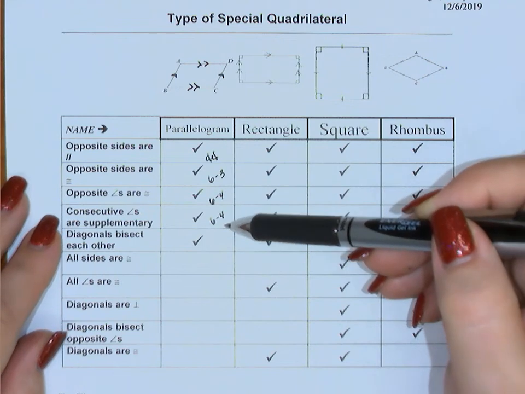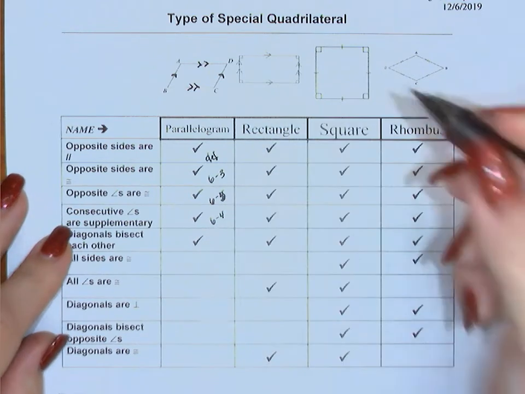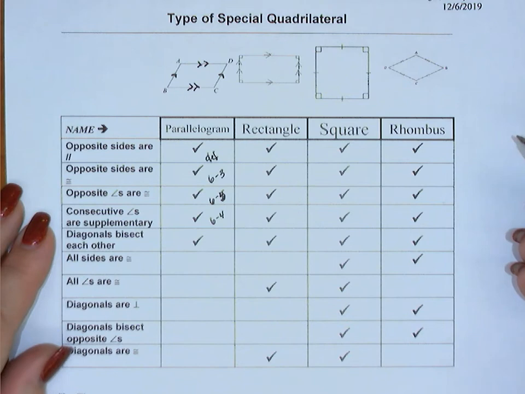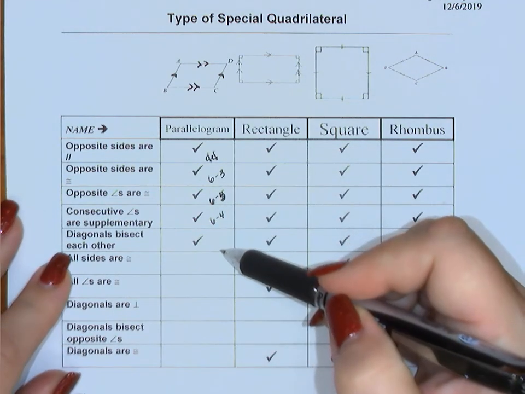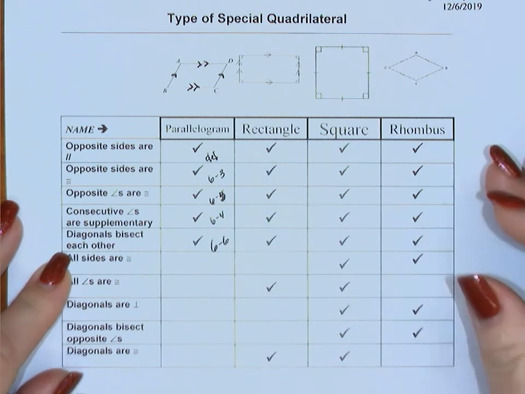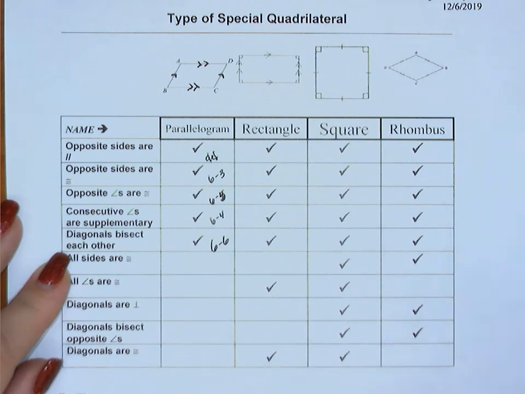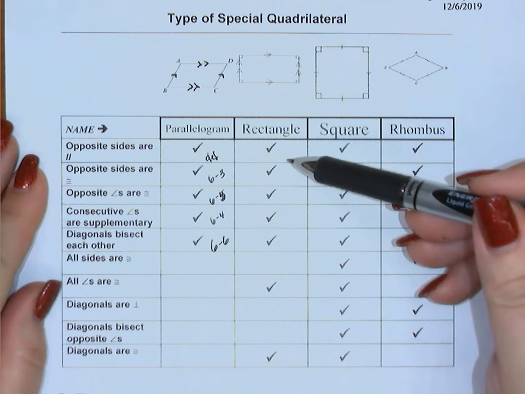angles are congruent. This is 6.5. And 6.4 said that if a quadrilateral is a parallelogram, then its consecutive angles are supplementary. And then 6.6 says that if the quadrilateral is a parallelogram, then the diagonals bisect each other. So these are all from theorems. This is a definition. Now looking over here at the rectangle,